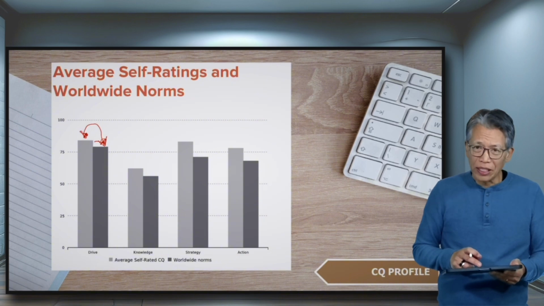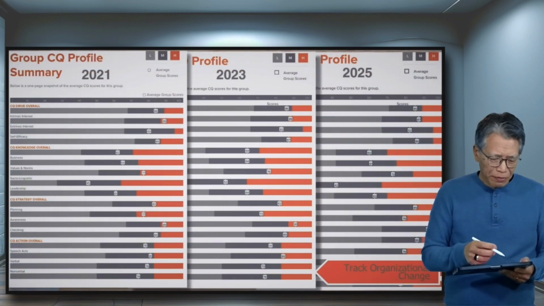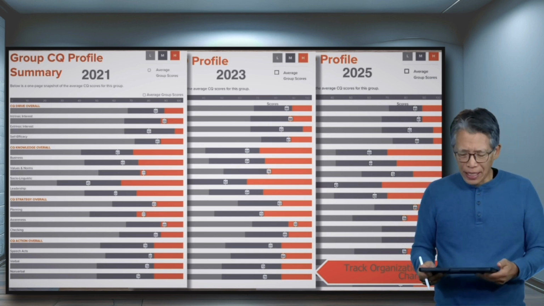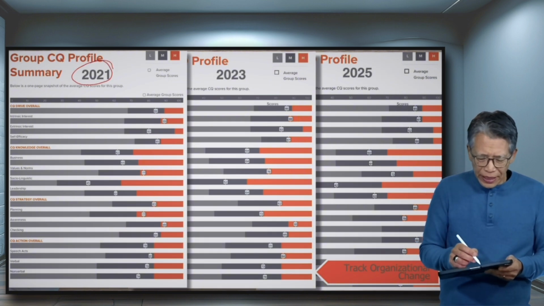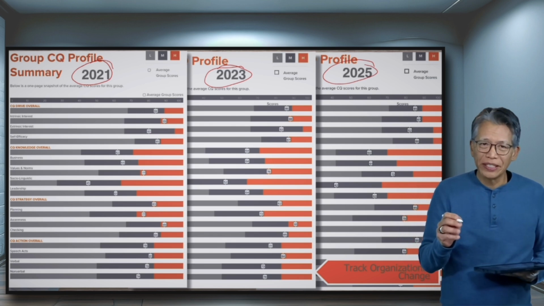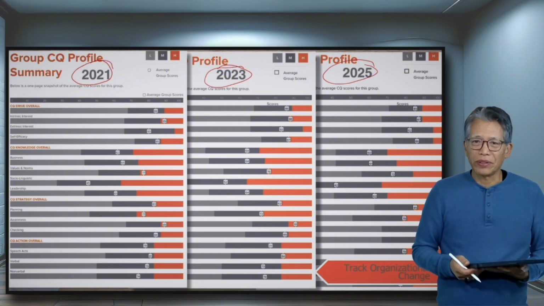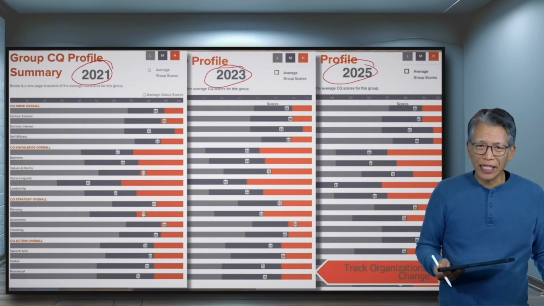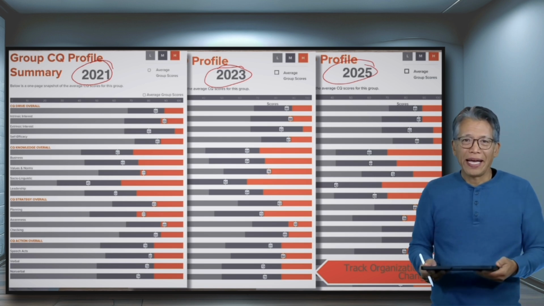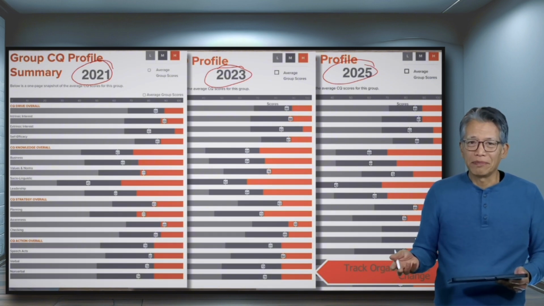Remember, this isn't the only thing that this assessment measures. It measures all these different dynamics. We call them the sub-capabilities. What you can do over time is look at how your team profile changes from year to year, and it will give you measured results that you can attribute to your training. So you can track organizational change, you can track outcomes-based efficiency and effectiveness just by having your team assessed and looking at the group data from year to year.